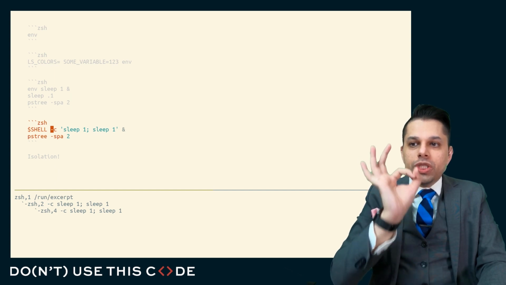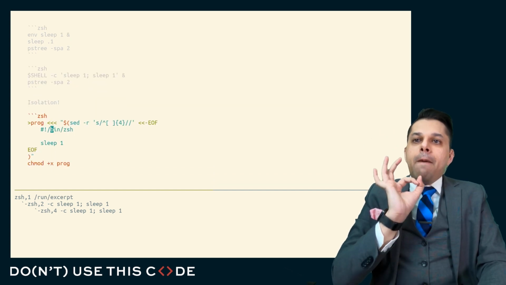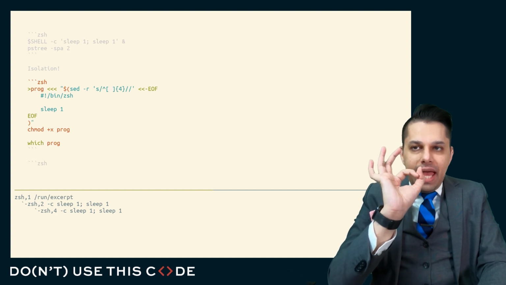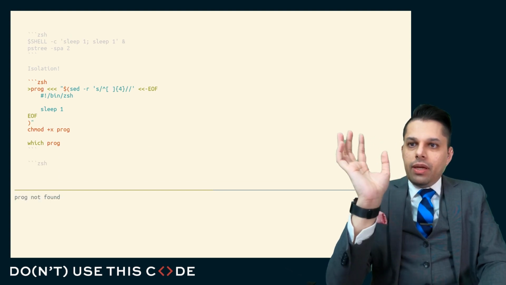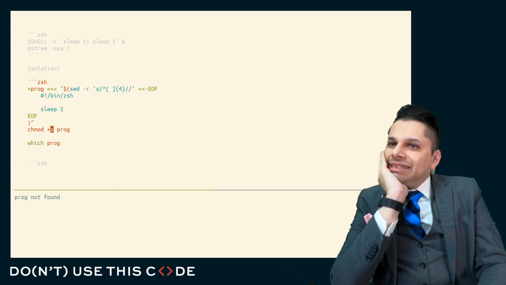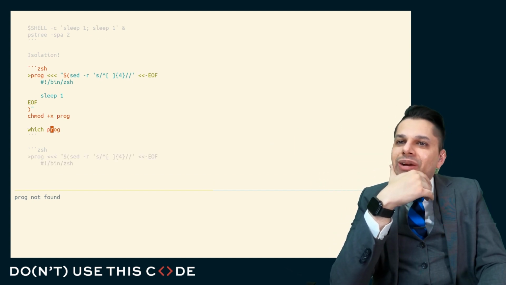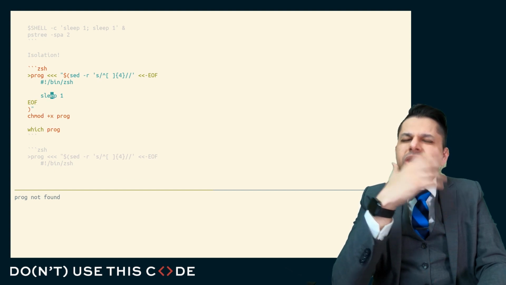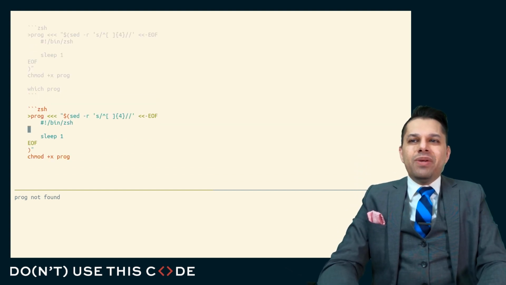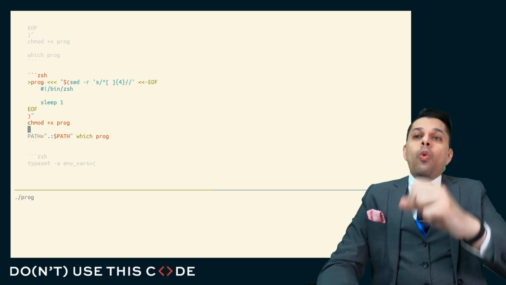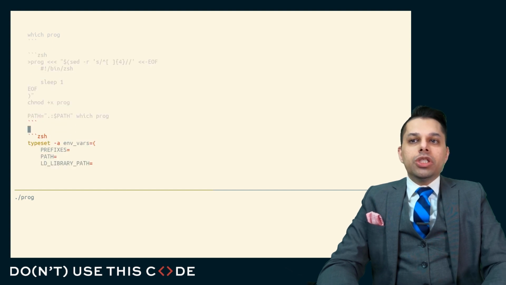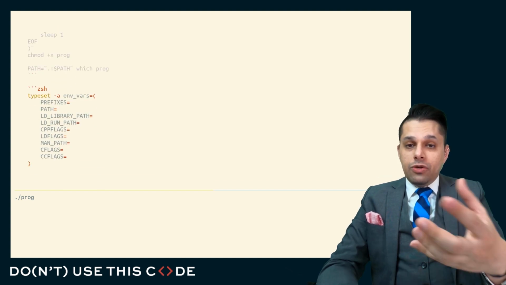Well, this can be used for isolation, because if I have some program and I'm launching that program, you can see it doesn't work when I try and launch this program that I just wrote, that's just a simple shell script that does a sleep. Oh, I need to set my environmental variable of my path for this to run. Oh, there, that's that program. Well, when I launch this program, I can launch it with a bunch of environmental variables, and those environmental variables